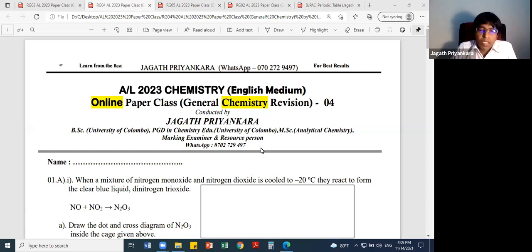Grade 5 scholarship exam, then O-level exam, they have reduced the content of the syllabus, but A-level they have not informed yet. But anyway, it will not be applicable to your batch, but it depends on the situation within the next few years. But O level, they have this time O level batch, they have reduced the content, like actually they have